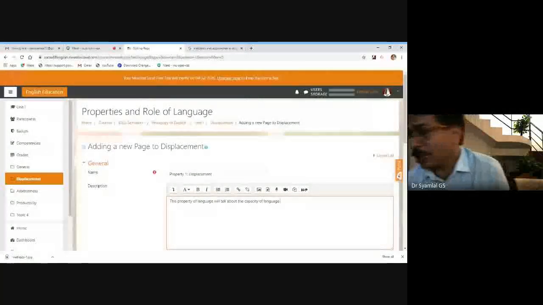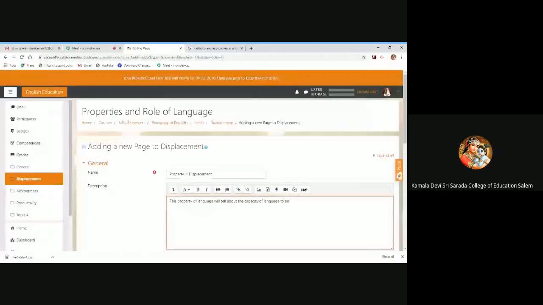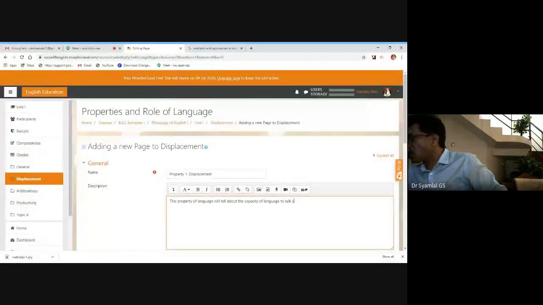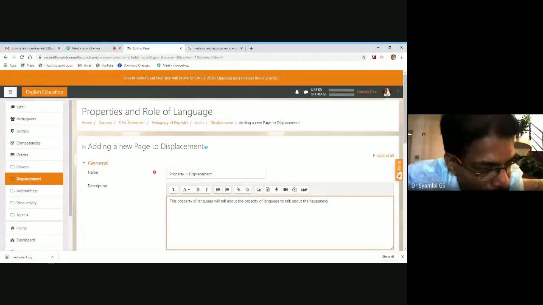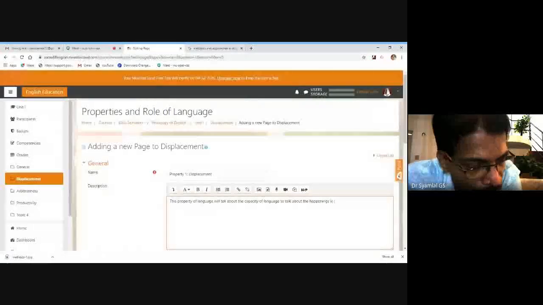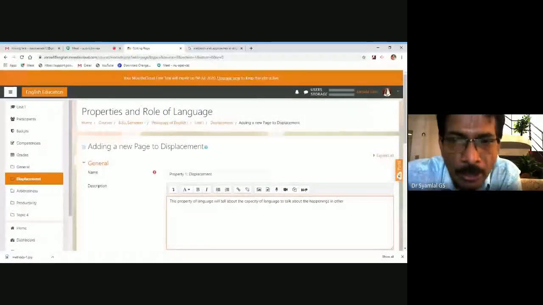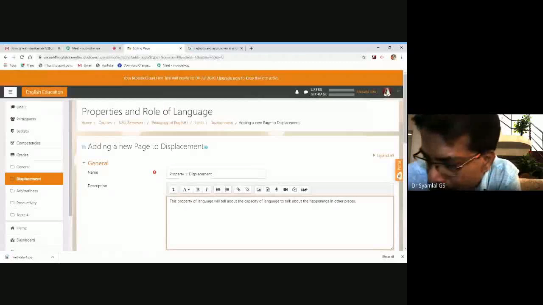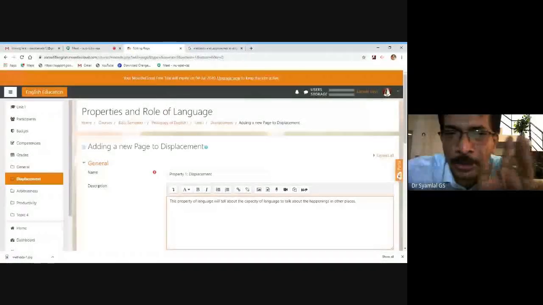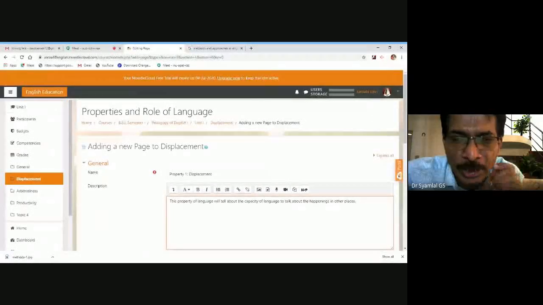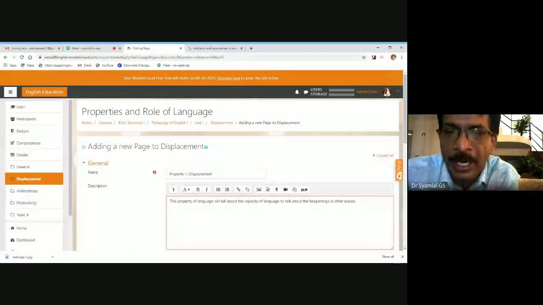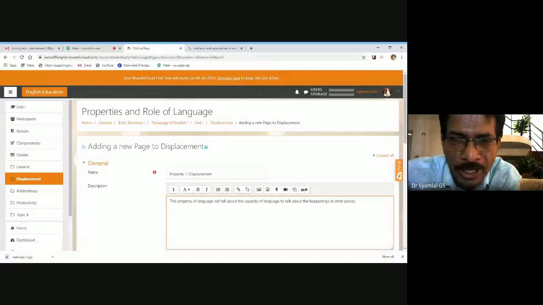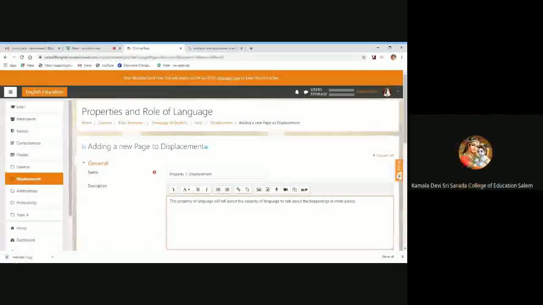Please wait for my instruction. Sir, I am still lagging behind. I have clicked on that orange button on my new Moodle site. What is your name? My name is Susan. Susan, can you do me a favor? Can you hold on for some more minutes? I'll be completing this process and you will be asked to show your screen and I'll guide you. So you relax and I'll be there.